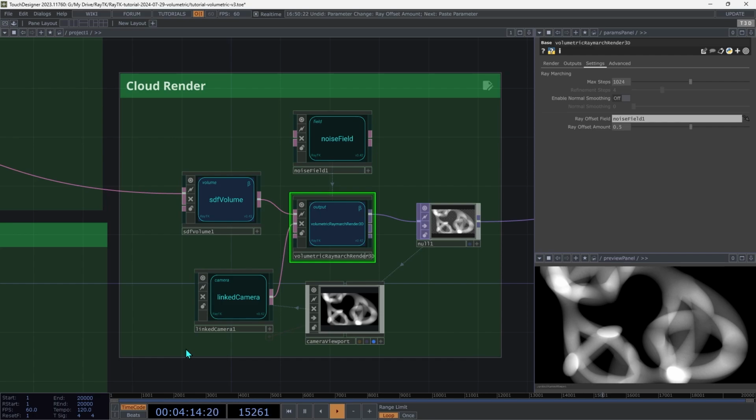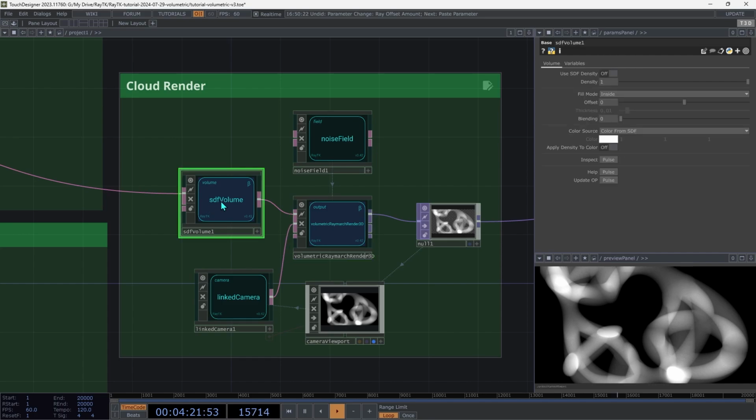Next up, we can adjust how the SDF is being filled to create the volume. So remember from the theory section earlier that volumes are based on density. So let's go over to the SDF volume operator, and we have some settings here that control how it fills the area of this SDF with density. So by default, it's just filling it with a constant density on the inside and then 0 on the outside. Fortunately, it has